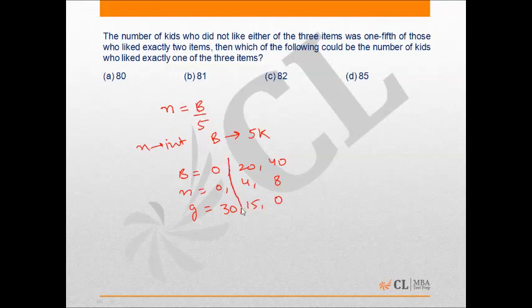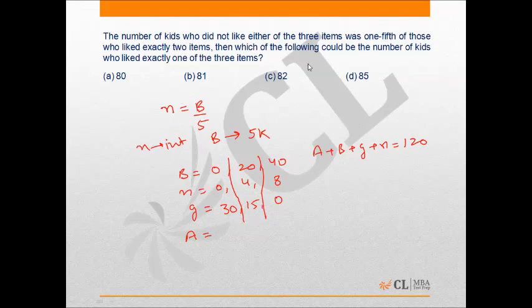So these are the three possible sets of values which could hold for this particular question, right? So from my basic equation of a plus b plus g plus n is equal to 120, I could easily calculate the possible values of a for these three particular sets,